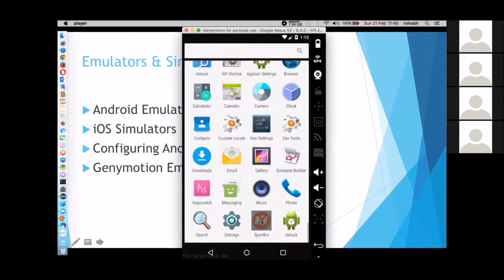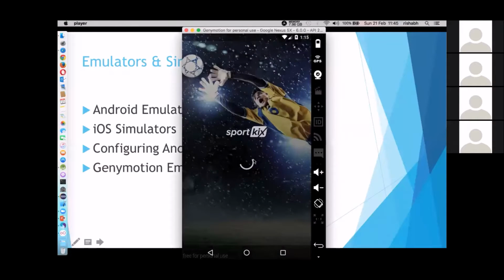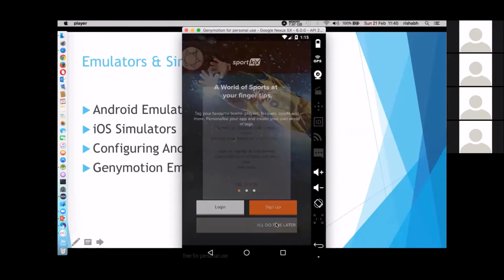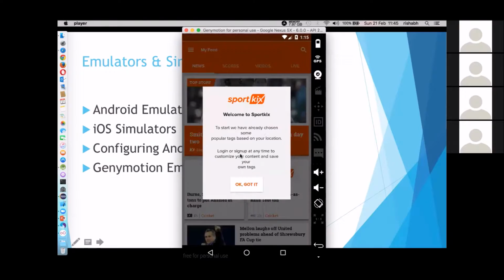So how will it look? It's basically a sport application which provides live scores, video, news and everything about sports. We will try to emulate this launch screen, where the launch screen is displayed. From automation, I have to click this later button, and when I click it, I will have a welcome screen.